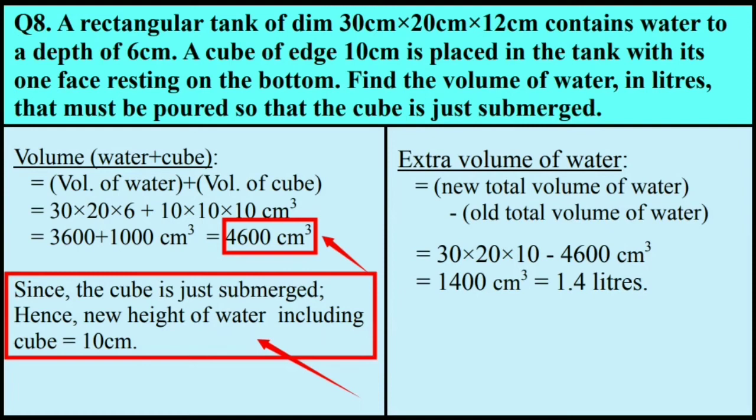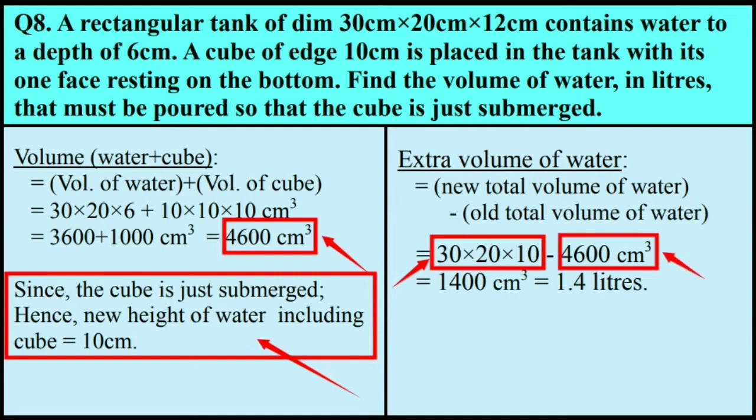Hence, extra amount of water added plus the water already contained in the tank plus the volume of the cube altogether is 30 multiplied by 20 multiplied by 10,